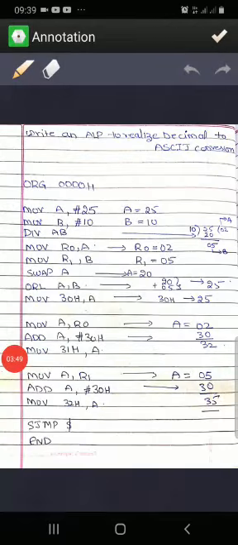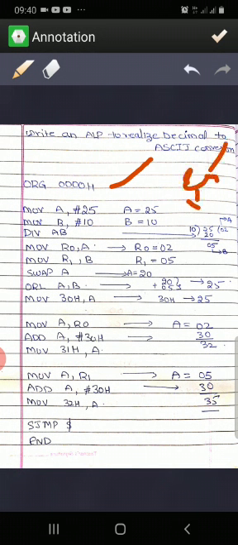Now let us go into the program. Let us say the decimal number which we want to convert into ASCII is 25. So you should get 32 and 35. So now here MOV A, 25 and MOV B, 10, because we are getting the digits. Whatever the 25 is, we are not taking it directly, we are dividing it by 10. When we divide it by 10, you get the remainder and the tens value and ones value.